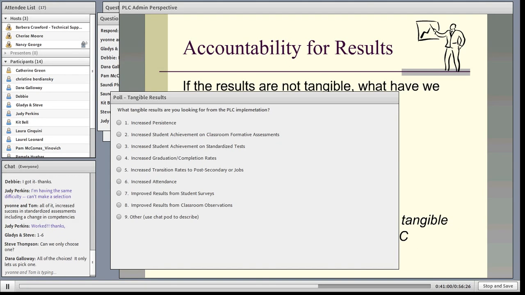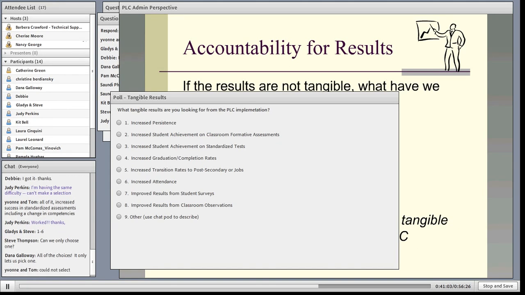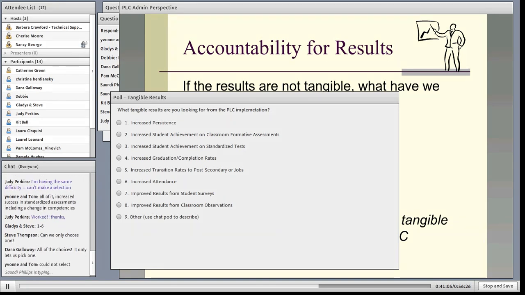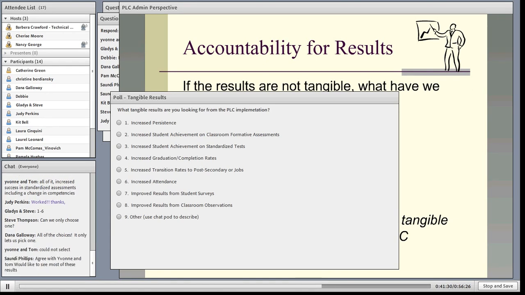And what we found was the clearer we were with students about what they were learning and how they were doing with that learning, and sharing those assessment results with them, the better the persistence got, because they really were connected to their learning. Obviously, an increase in standardized tests, that's critical to all of us because that means money. So again, a good focus. And definitely transition, looking at those transition pieces.